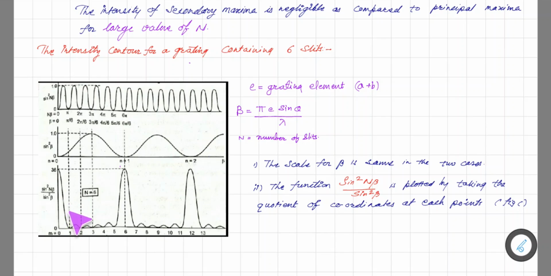Obviously the intensity at these maxima is further modulated by single slit diffraction, that is by the term a0 square sine square alpha upon alpha square. So as the diffraction pattern and interference pattern overlap, here